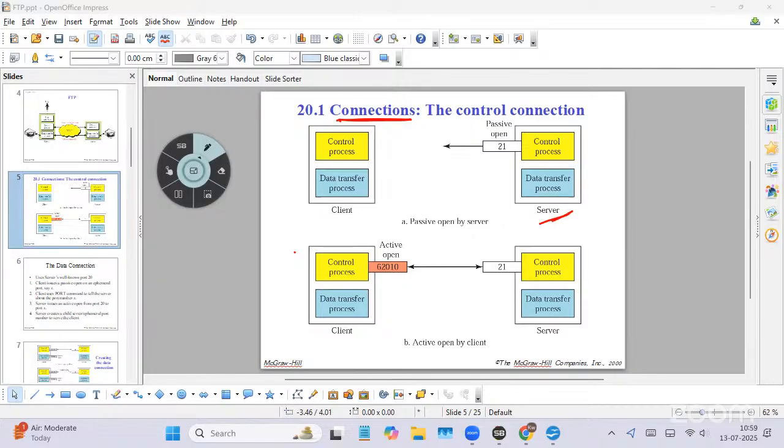server. The server, what will happen? They open a port. So what is the port number? What is the use of 21? Control connection. So the server will be open for the control connection. Then